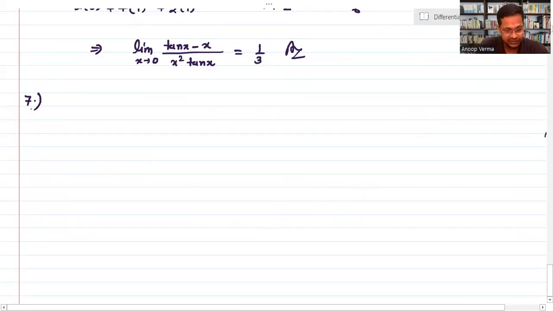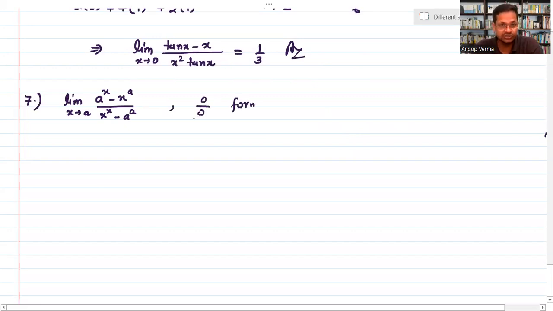Question number 7, this is the simple limit x tending to a, and this is a to power x minus x power a divided by x power x minus a to power a. When you're putting x is equals to a, you will get a to power a minus a to power a, मतलब it means you simply get 0/0. यहाँ पर थोड़ा सा लिमिट्स को जब आप एक डेरिवेटिव ले रहे होंगे तो आपको ध्यान देना है।